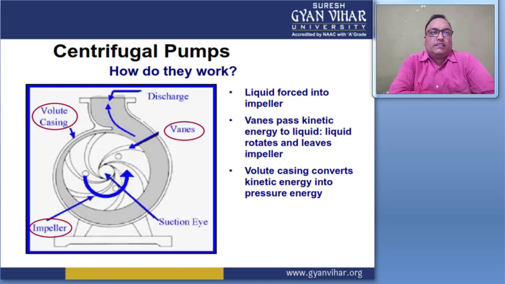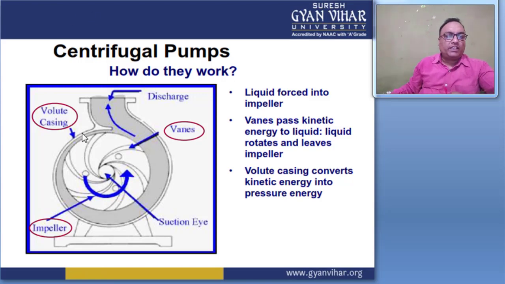After starting the work, first you will understand the working and construction of this centrifugal pump. A centrifugal pump consists of an impeller, and on the impeller, vanes or blades are connected, right? And this is the outer casing of the centrifugal pump, and this section is called the volute.